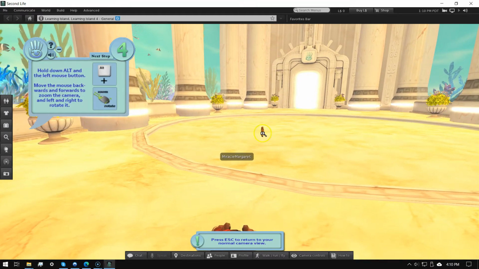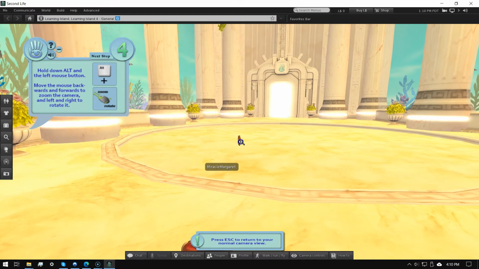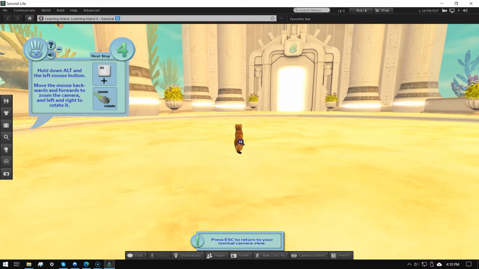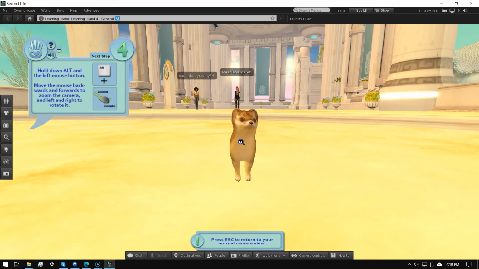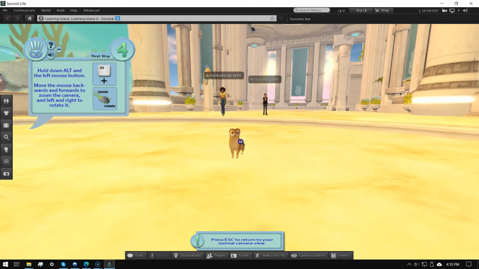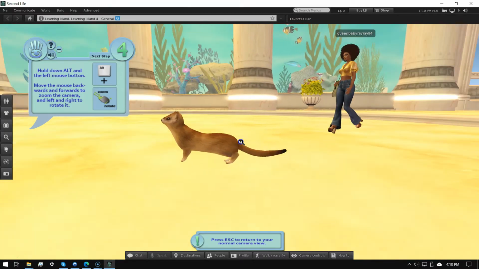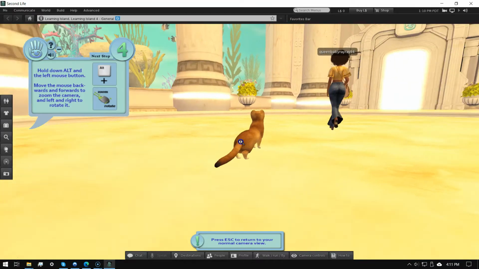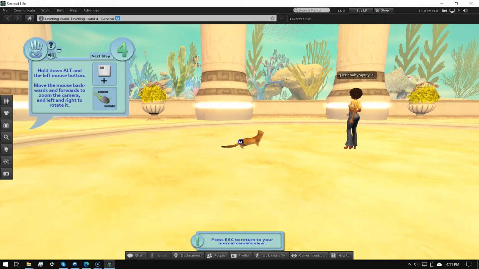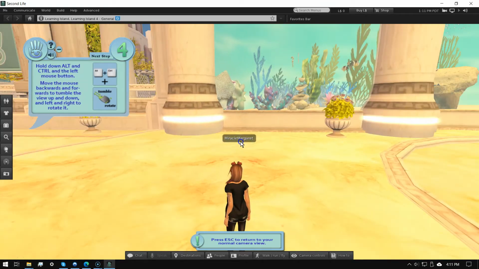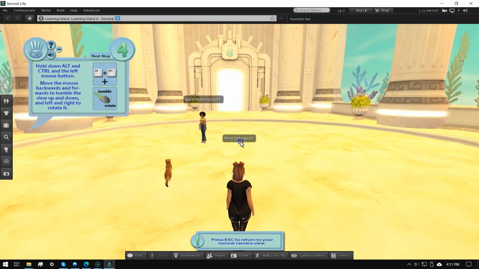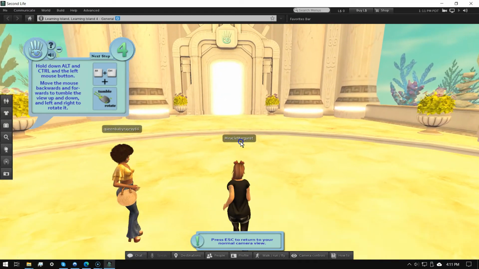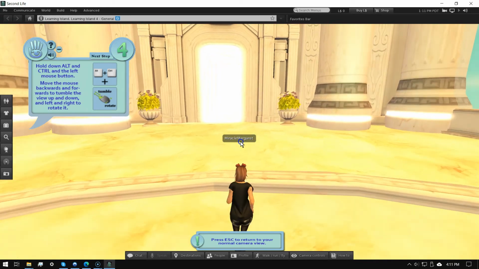When you click Alt and you go way forward, it gives you that little looking glass, and you can use those arrow keys to move your visuals around. Like I can see this other lady, and I can see the little guy. It's pretty cool. And there are other ways to do it as well, and you'll learn that as you go along too. Now I'm going to head off through this wonderful gateway,